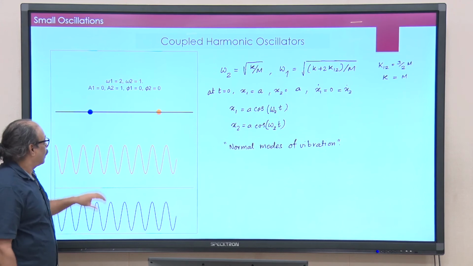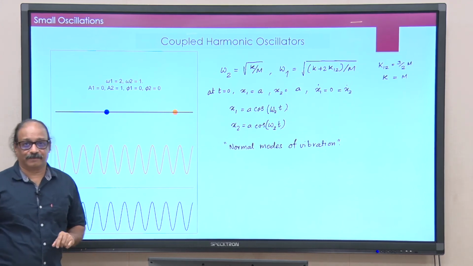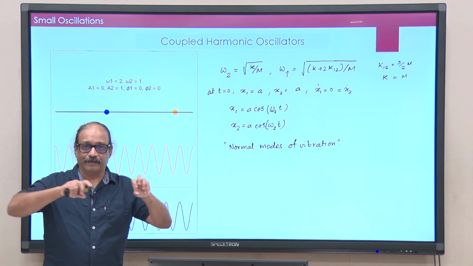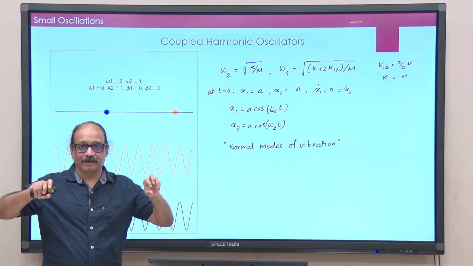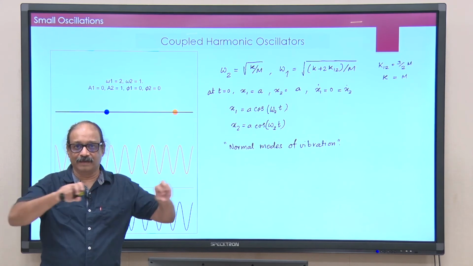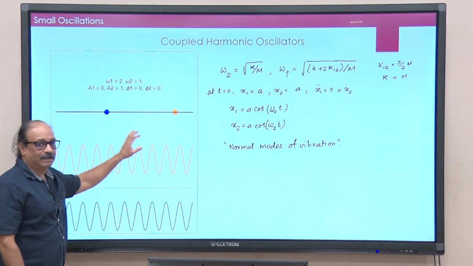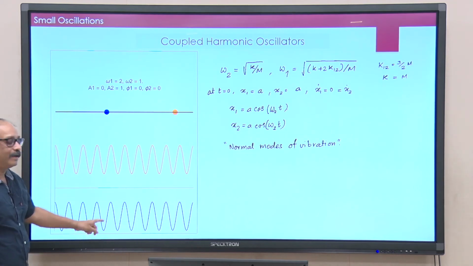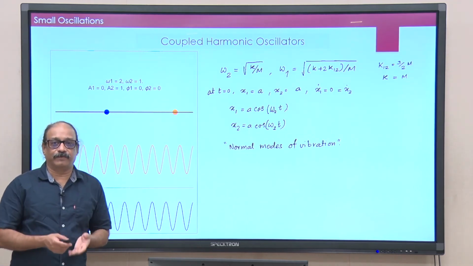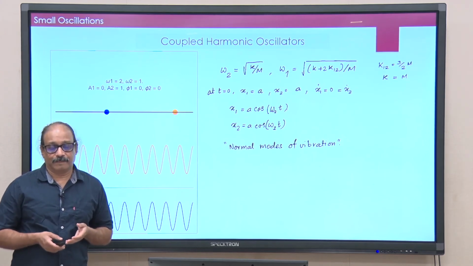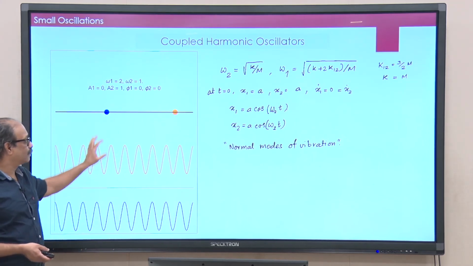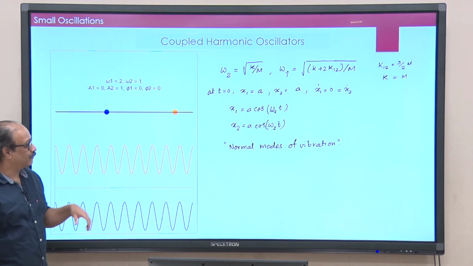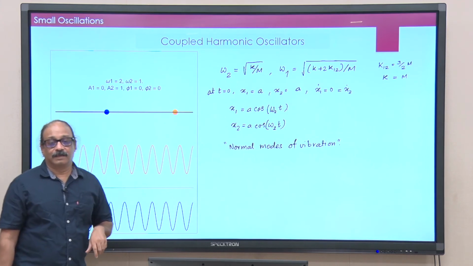And what happens to the middle spring? This is a peculiar case where the middle spring remains at its normal length all the time, because these two bobs are moving in sync, in phase with each other all the time, and again they have exactly the same frequency of vibration. That is why the entire system, I mean two bobs together, is vibrating with one single frequency, and again it is called the second normal mode.